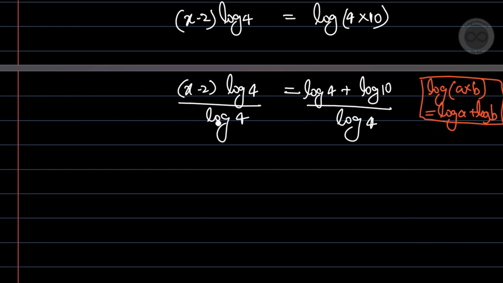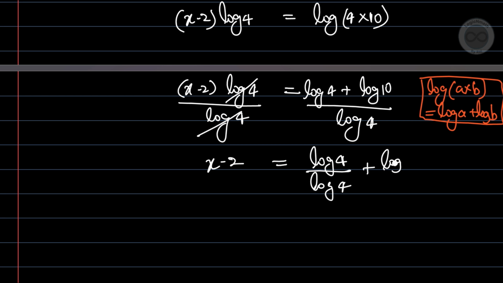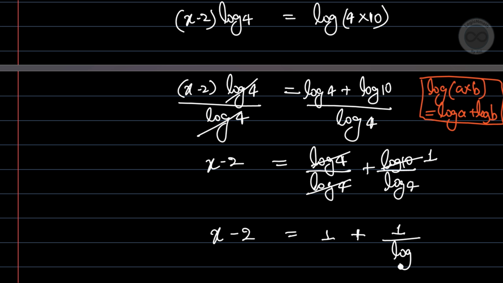So here you will see this log 4 over log 4 cancels out, and this can be rewritten as x minus 2 is equal to log 4 over log 4 plus log 10 over log 4. Now this is the reason we have separated this log 40 into log 4 plus log 10, because log 4 over log 4 cancels out, and we know the value of log 10 is 1. So we get x minus 2 is equal to 1 plus 1 over log of 4,